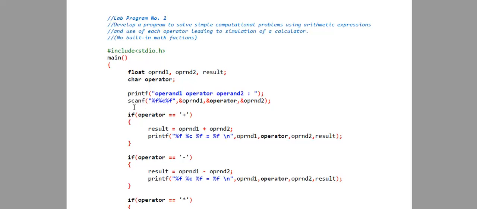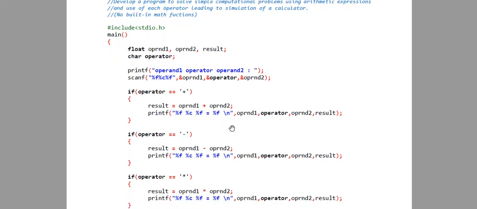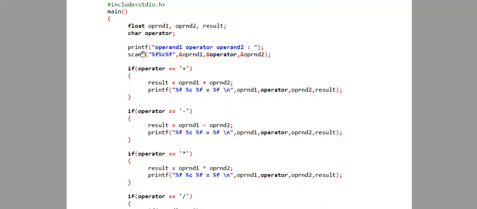After that is displayed, we are going to read operand 1, operator and operand 2 using a scanf. %f, %c, %f are the format specifiers, and these are the three variables prefixed with the ampersand sign. In case of scanf, we always use ampersand and variable name: ampersand operand 1, comma, ampersand operator, comma, ampersand operand 2, semicolon.